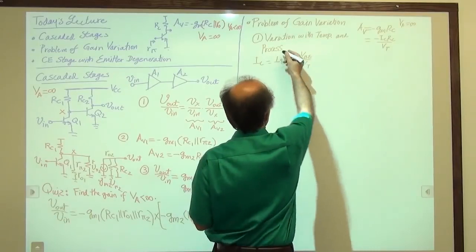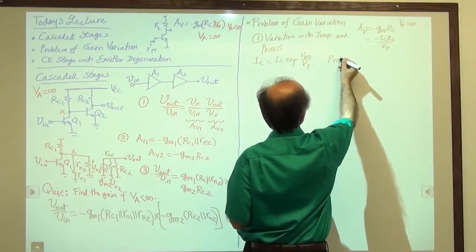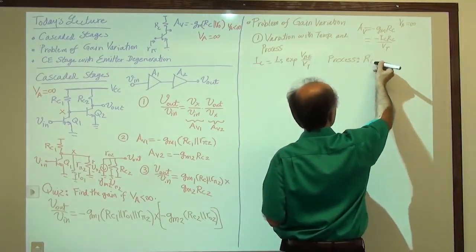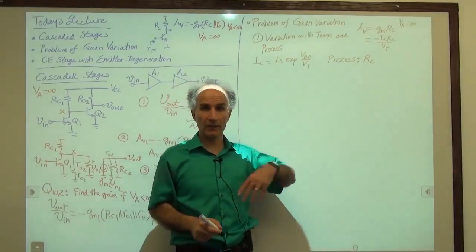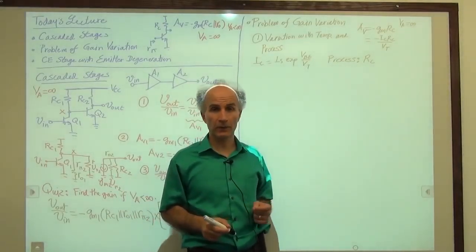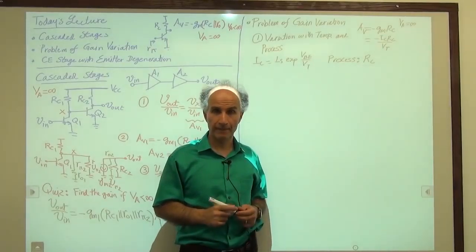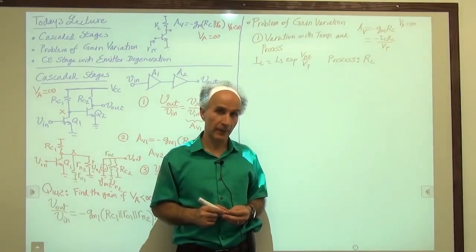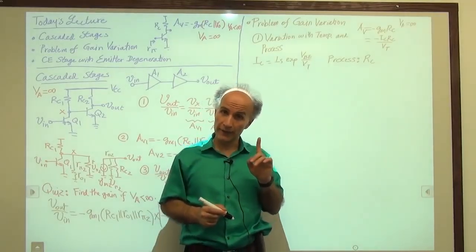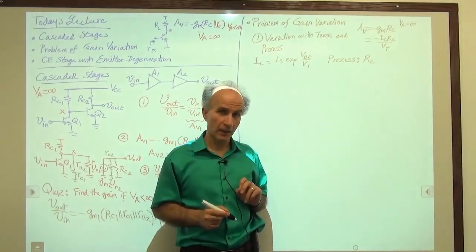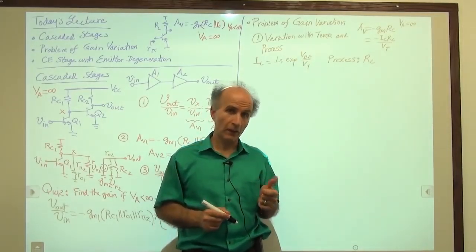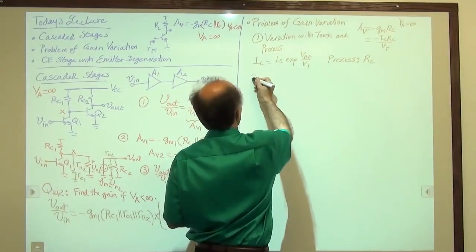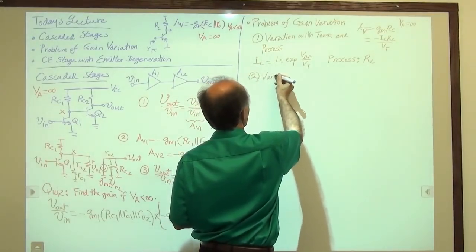So the process variation means manufacturing variability, for example, in RC. So we see that IC varies, RC varies. In fact, RC also varies with temperature, so they vary all over the place. This is what we call a problem of gain variation. Now there is yet another interesting variation in the gain that's neither due to the temperature nor due to the process. So the other variation is what we call variation